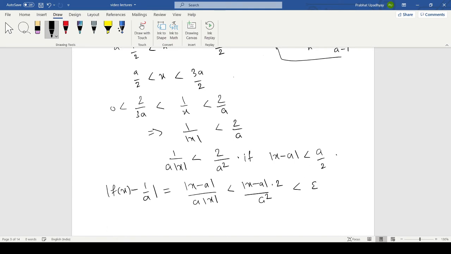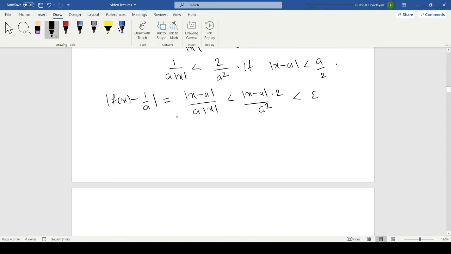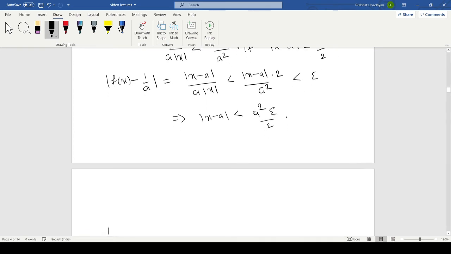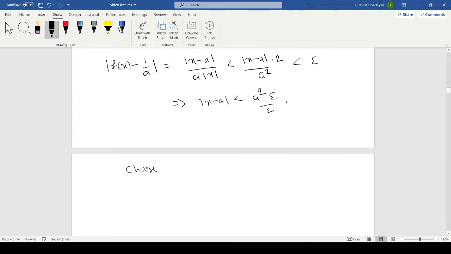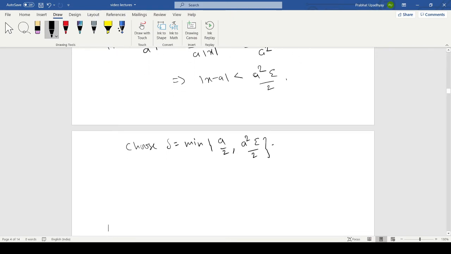And if you make this less than epsilon, automatically mod f of x minus 1 upon a becomes less than epsilon. So this suggests that your mod x minus a is less than a square epsilon upon 2. So you should choose your delta equal to the minimum of a upon 2 and a square epsilon upon 2. Then 0 less than mod x minus a less than delta implies mod f of x minus 1 upon a, which was equal to